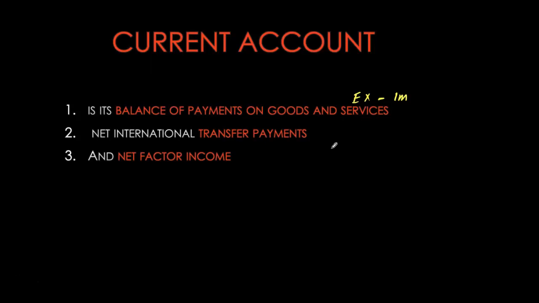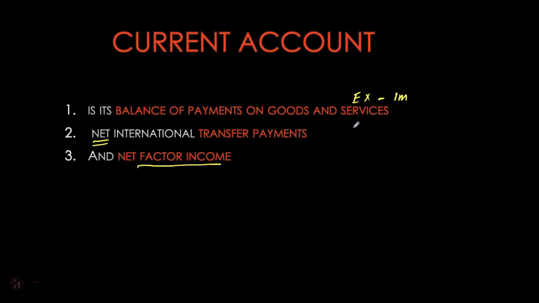Then we have international transfer payments. Here again, we're looking at inflows minus outflows. So this is net transfer payments: any transfer payments received by Canadians minus transfer payments to foreigners. And lastly, the third component of the current account is net factor income. This would be factor income earned by Canadians from abroad minus any factor payments that we are giving to foreigners. The balance of payments on the current account is going to sum all three items.